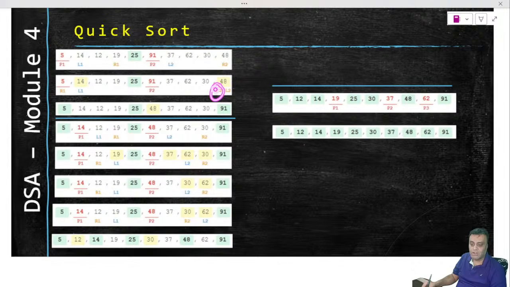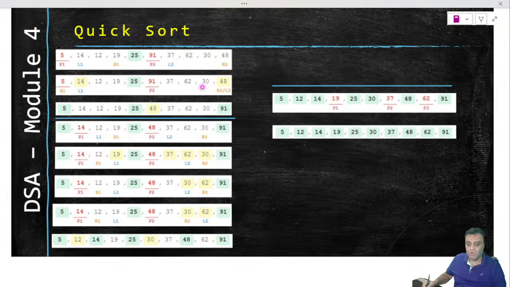But R2 cannot move this side. Why? Because it needs to have a greater number than 91 to move, right? But 48 is less than 91, it cannot move. So R2 stays there. So if R2 stays there, then R2 and L2 have crossed each other. I said crossing also means that both of them are equal, right? So R2 and L2 have crossed. That means the pivot will have to be interchanged. So if you change the pivot with 48, this is what it will become,